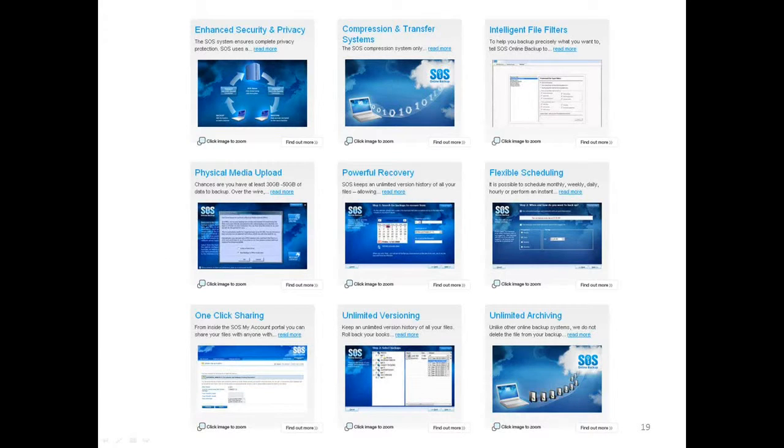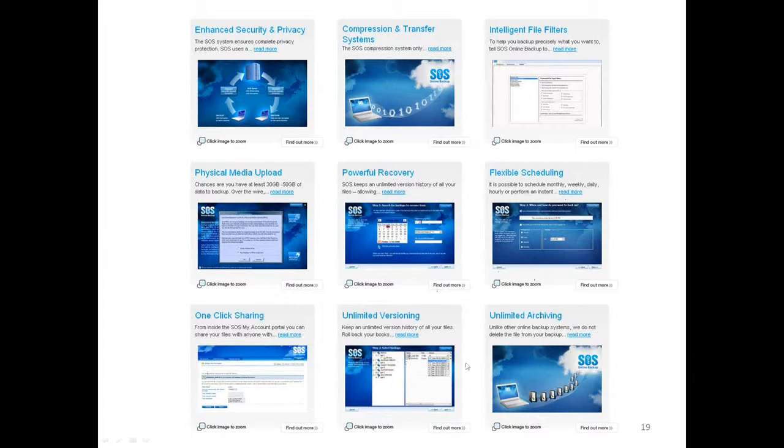Our recovery backup lets you recover your system back to any day that you've ever run a backup. So I can roll my system back to see how my data set looked on the 3rd of September 2009, or in my case, I can actually roll it back 5 years. I've got 5 years worth of data backed up to the SOS cloud.